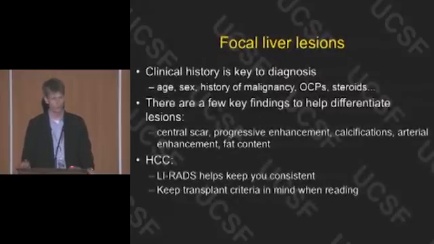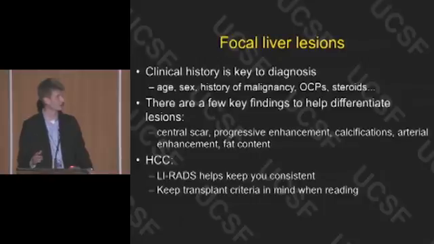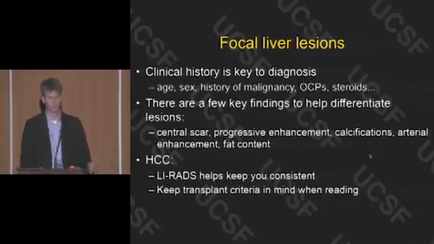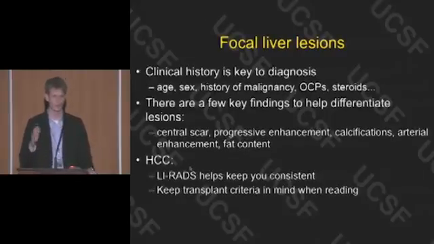So for focal liver lesions, I just want to hammer home, clinical history is really the most important thing in terms of distinguishing these lesions. There's a couple of key findings to differentiate lesions, and at the end of your syllabus I put in some charts of differentials based on classic findings that may help you tease apart different types of lesions. And then with HCC, I think LIRADS is really, really helpful to keep consistency of interpretation across sites so that when you're with your referring clinician, every time they get a LIRADS 5, they know what they're dealing with, and it helps create